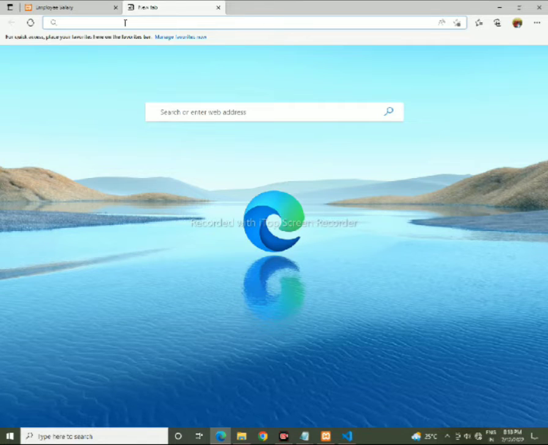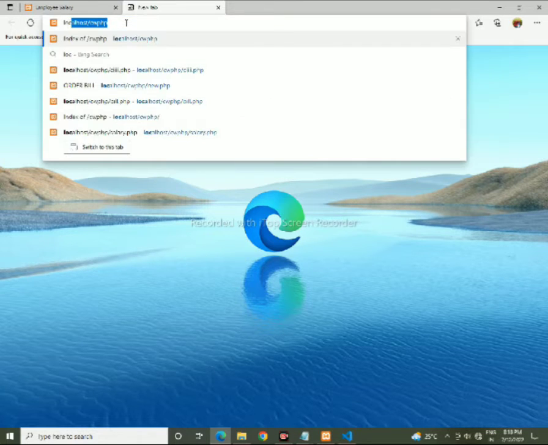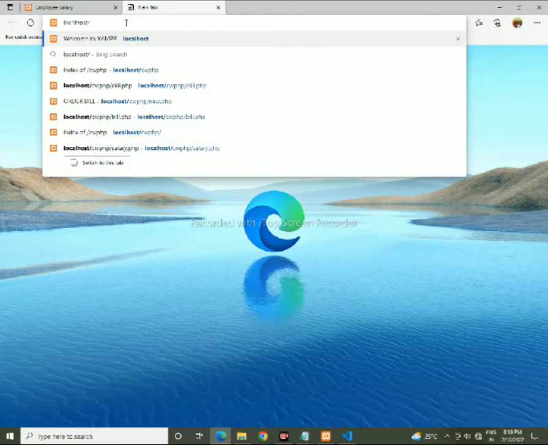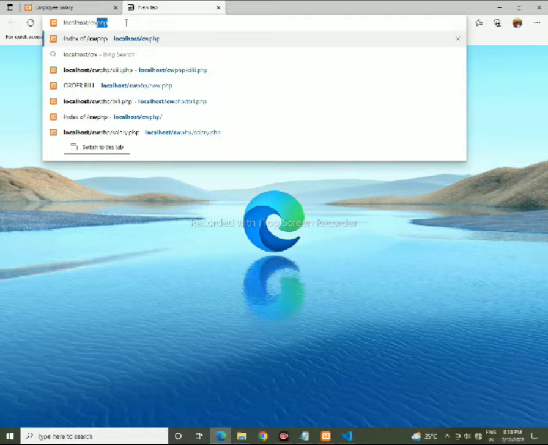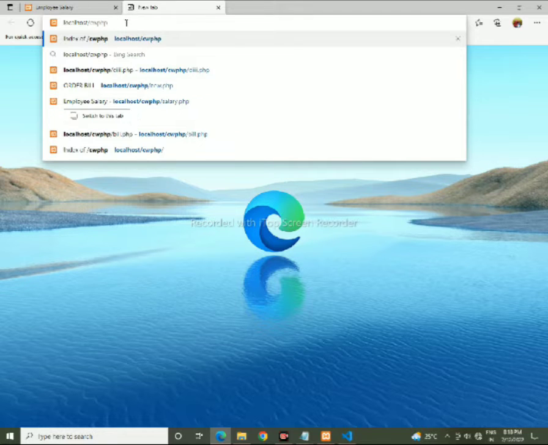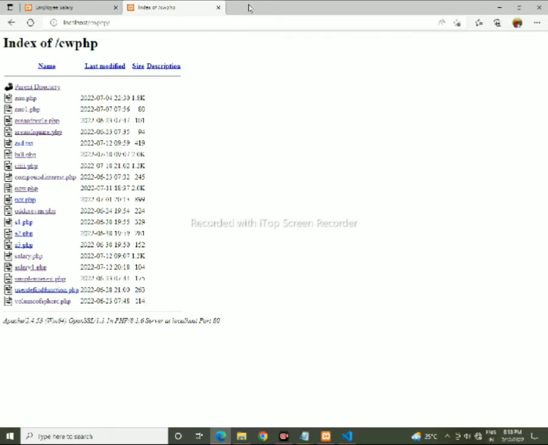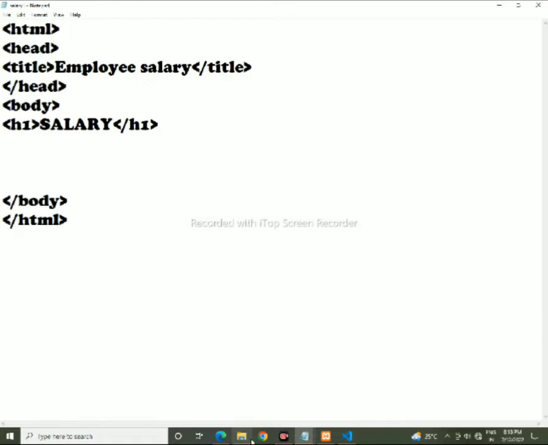For running it, we'll take a new tab and write localhost / our folder name, which my folder name is cwphp, and enter. Now find your folder file. So my file is salary1.php. Select this. See, my program is run properly. I had only written salary in heading, so this is here. Executing properly. Now next we have to create a form,